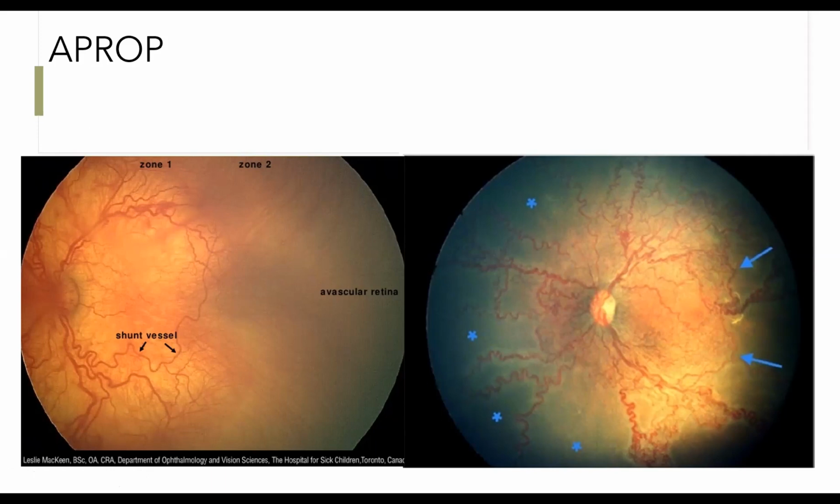So you don't see any stage 1, stage 2 or stage 3, you won't see any ridge there, and suddenly there will be a dilatation at the posterior pole, there will be dilatation and tortuosity of the vessels, and a flat network of vessels will form at this place. Okay, so these flat NVs can be missed very easily in such babies.